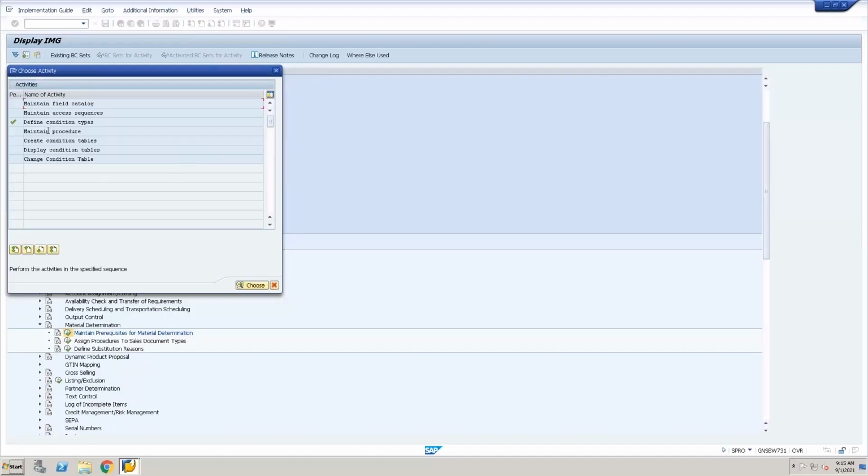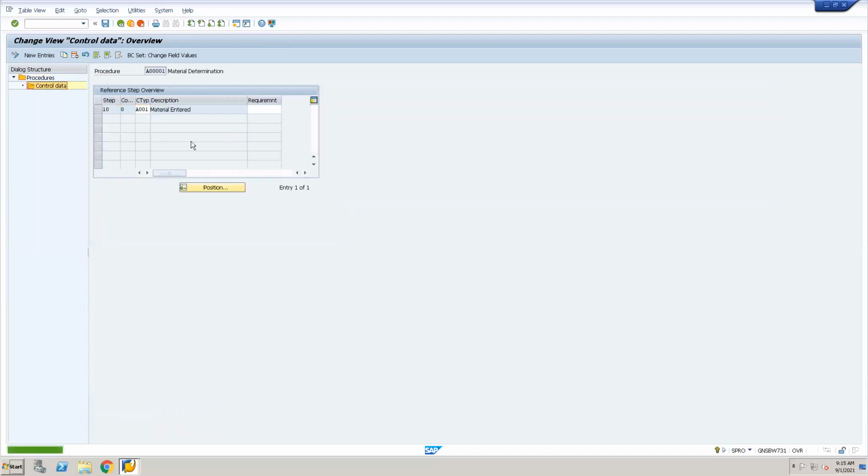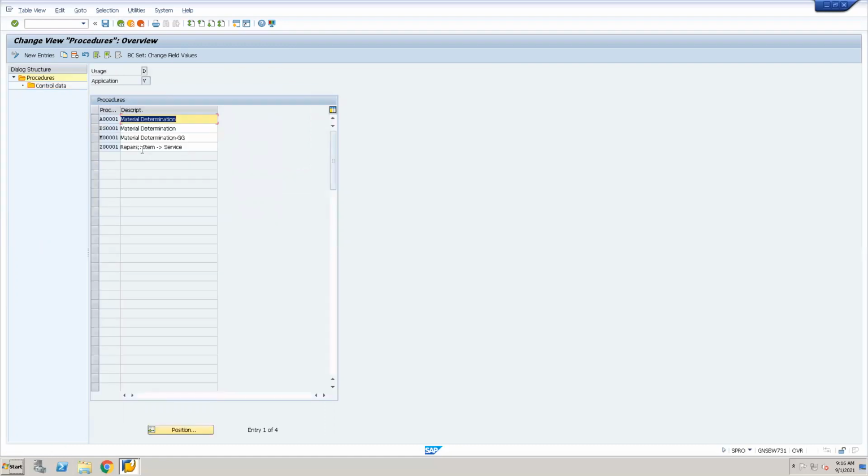So the next thing is to maintain the procedure. We will be defining one procedure and selecting our condition type, placing our condition type over here. This is the same routine setting, so there will not be any confusion for you. The settings we did for the previous 2-3 scenarios, the same thing we have to do. So we have defined a table, an access sequence, and now a condition type. Then